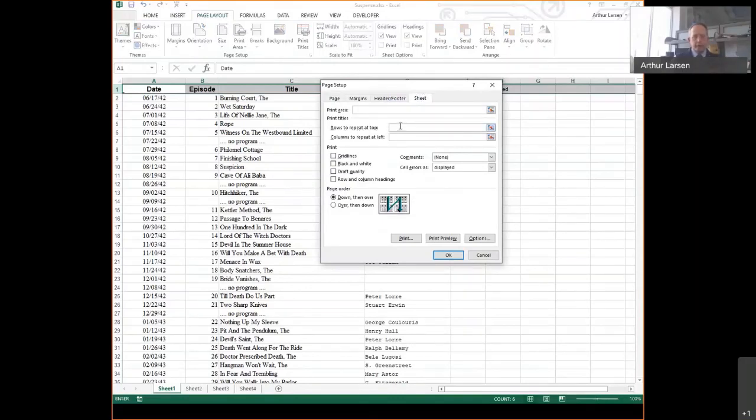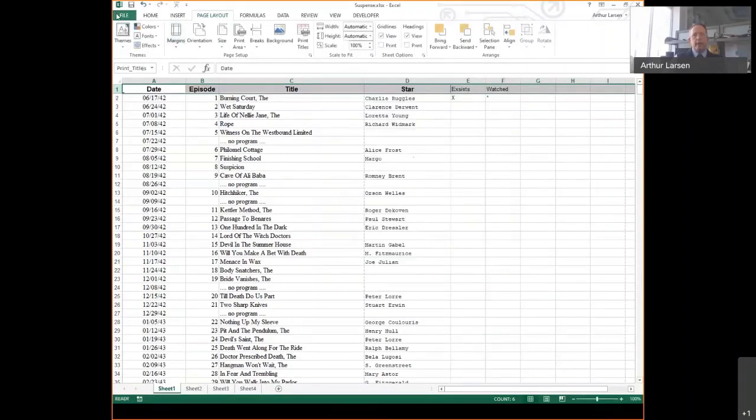Now, you either know this or you don't, but how you'd have to put this in is $1:$1. That just means lock in the top row, if I wanted it to be the first row. If I wanted it to be the first 5 rows, it would be $1:$5. I know it seems a little weird, but this is also where you would change your page order and all sorts of different things. Now, what this does is if I click OK on this, and now I go to File, Print,